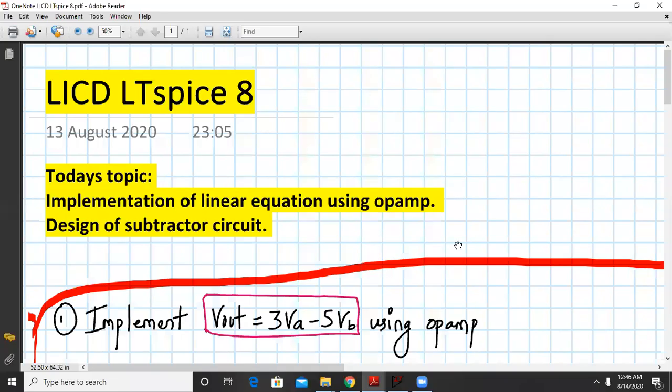Okay, hello everyone. Welcome to LTspice session number 8. Today we are going to simulate the implementation of a linear equation using an op-amp, and secondly, the design of the subtractor